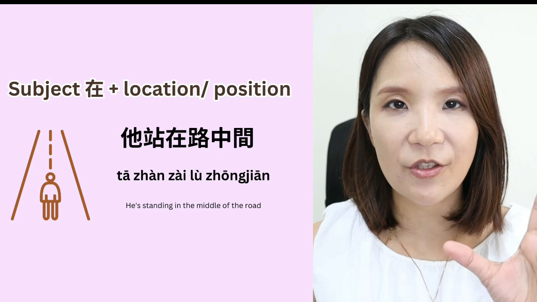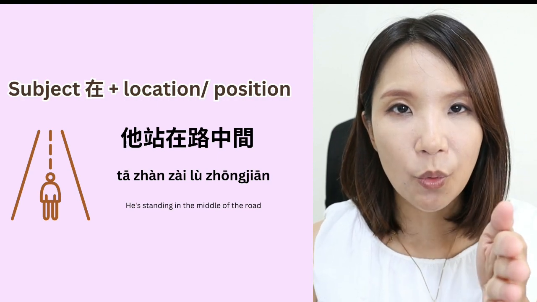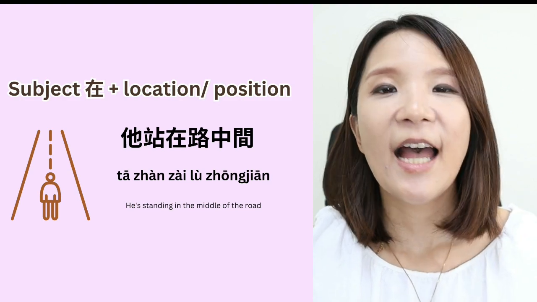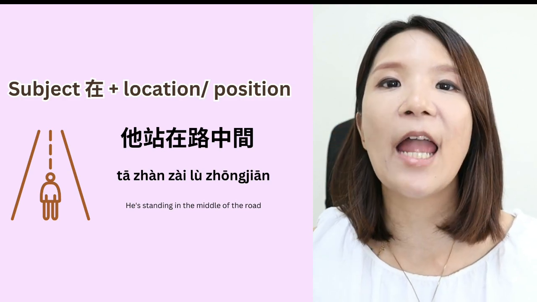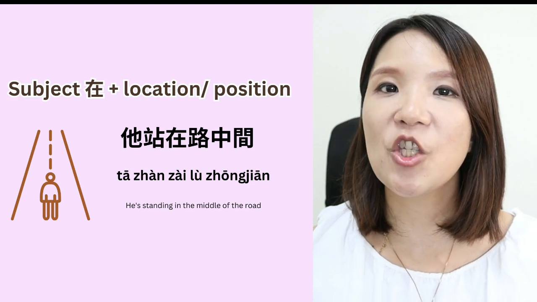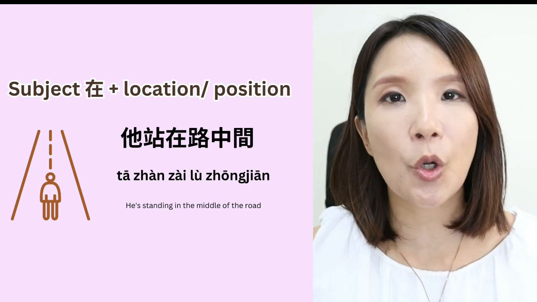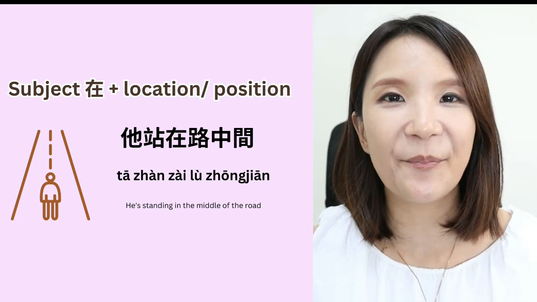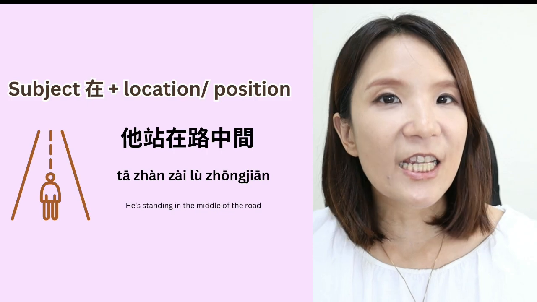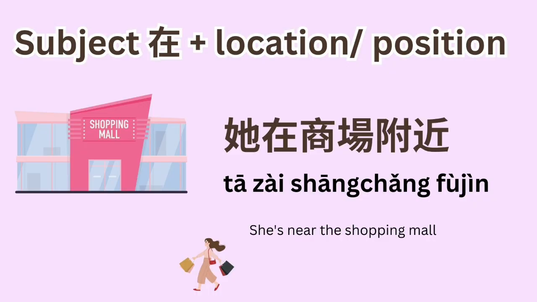So first you have to target the road, 路, and in the middle of it, 路中间。他站在路中间。In this case, you could say 他站在路的中间。You could also say that. 他站在路中间。